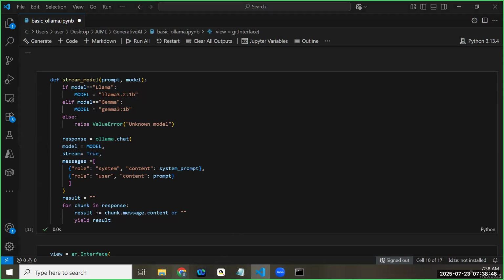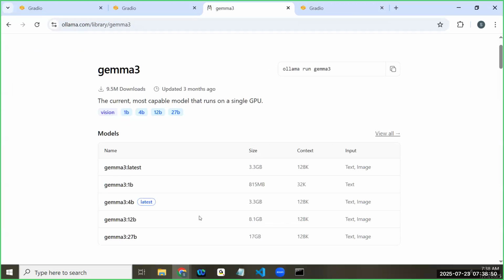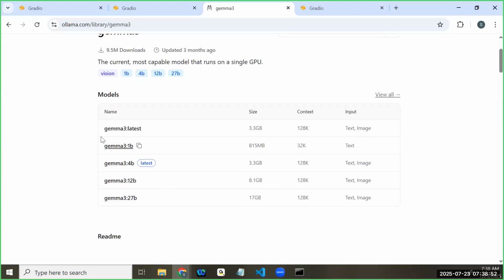So as we go into this Ollama website, as you see, the Gemma model has multiple input-output types. The Gemma 3 model, which is around 3.3 gig, supports both text and image. There are different models which support video. These open source, free models support text and